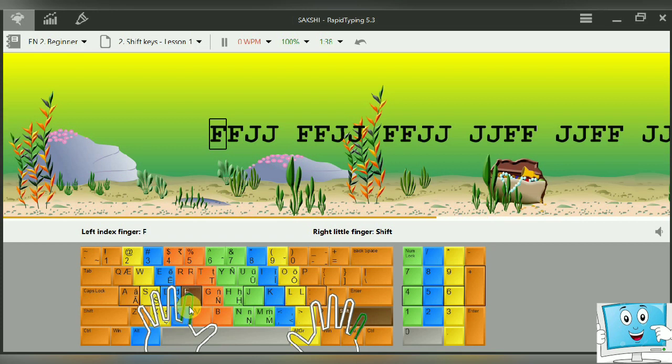And when you press the F on your computer keyboard, if you type it correctly, then it will be shown with the green color, but if you type it wrong, then it will be shown with the red color, as it is shown now. Then you have to practice this, like you have typed here F, F, J, J, then you have to give a little space, and you can see here on the spacebar key both the thumbs are there. You can press any of them for the space. I hope you have understood it.